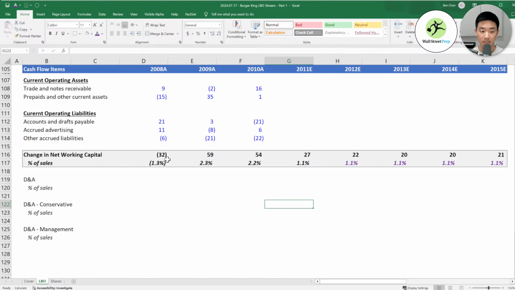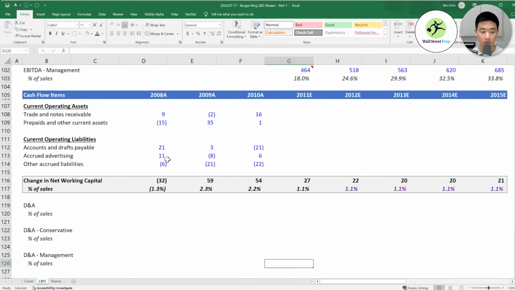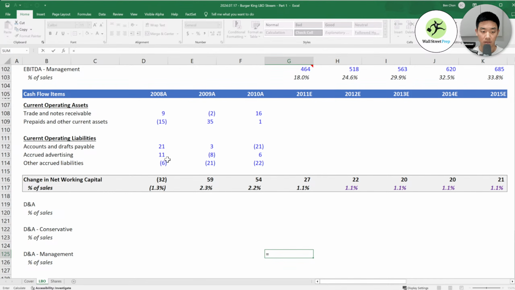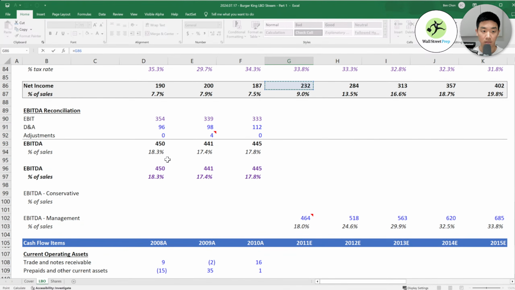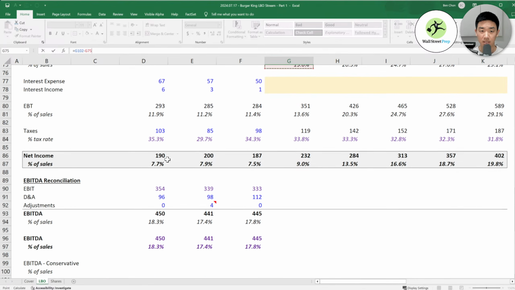The reason that we need this is because we can back into our D&A here, right? And we'll do that here. So management is our EBITDA minus our management EBIT.